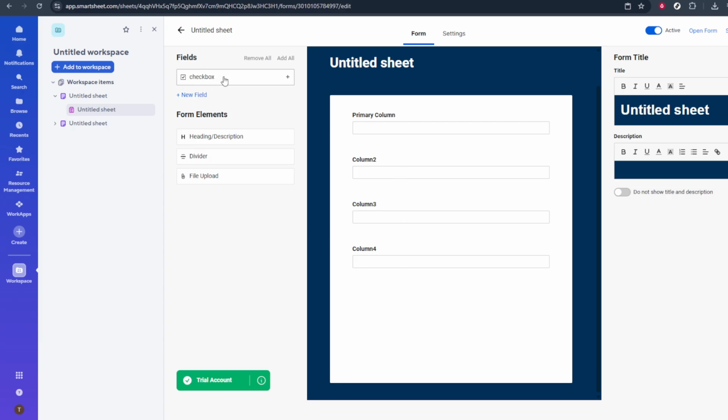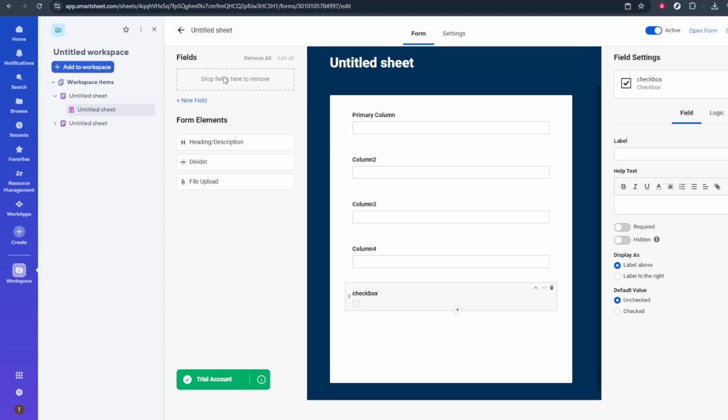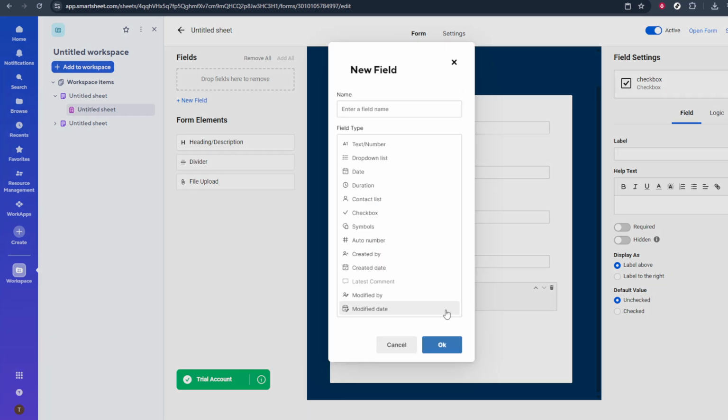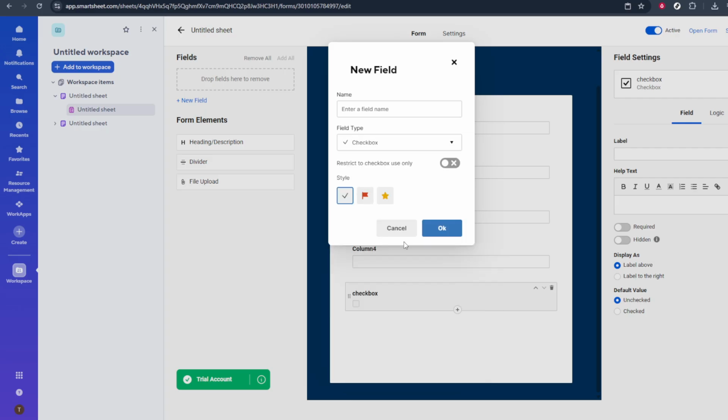You can also add helper text or short instructions under each field to clarify what kind of information you're expecting. This is a great way to improve the quality of the requests you receive. When you're happy with the layout and details, save your changes. Smartsheet will generate a shareable link for your form, which you can send to your team or embed in internal sites. From now on, whenever someone fills out that form,